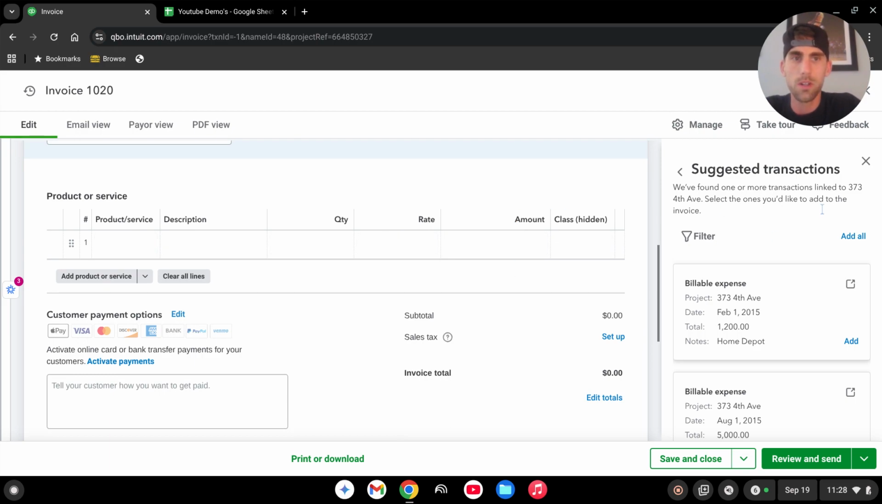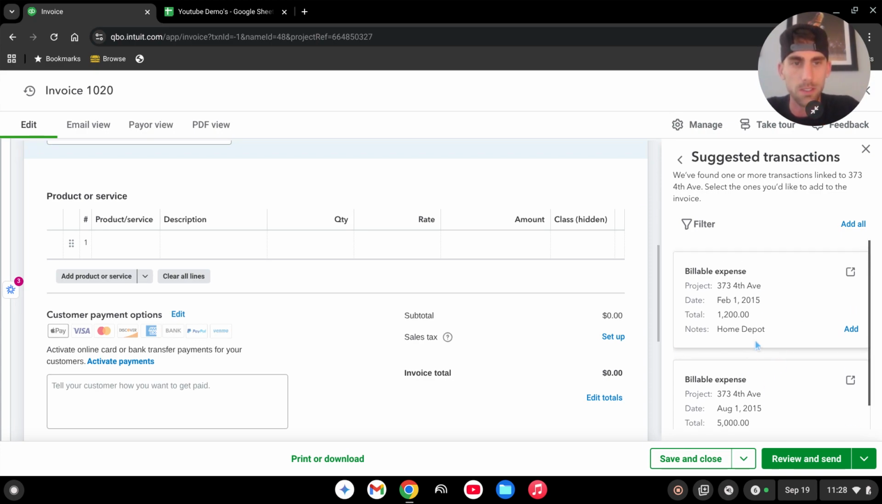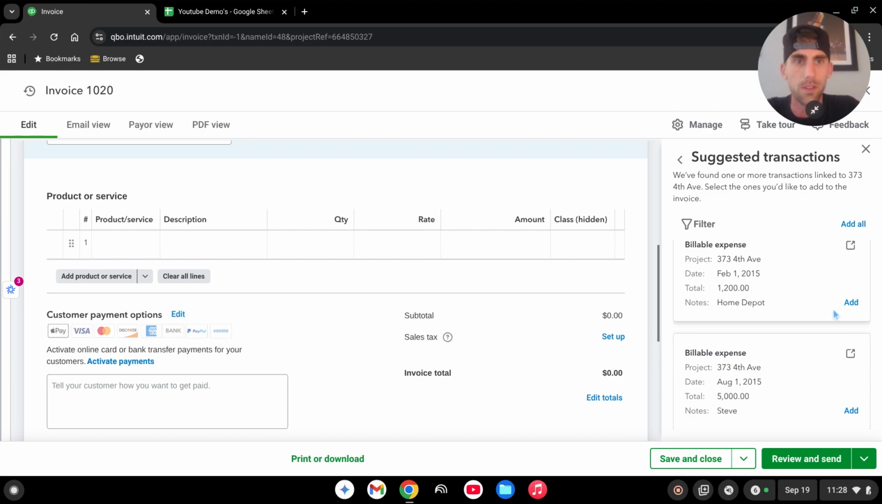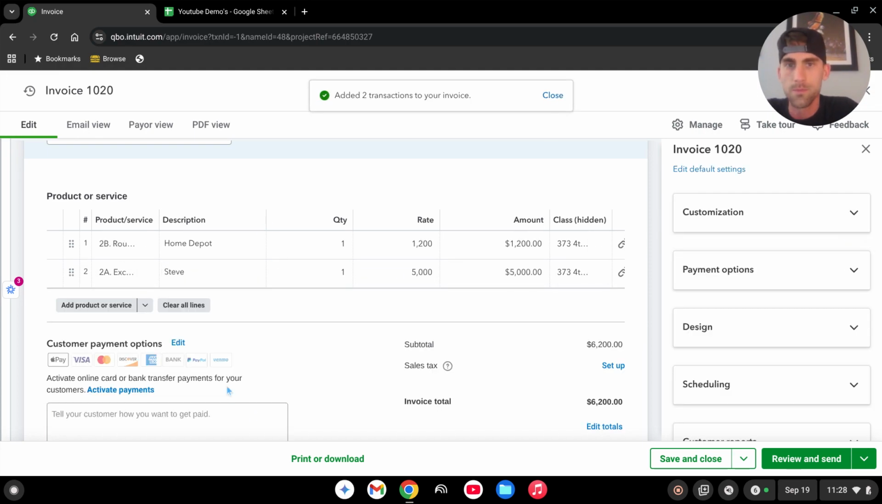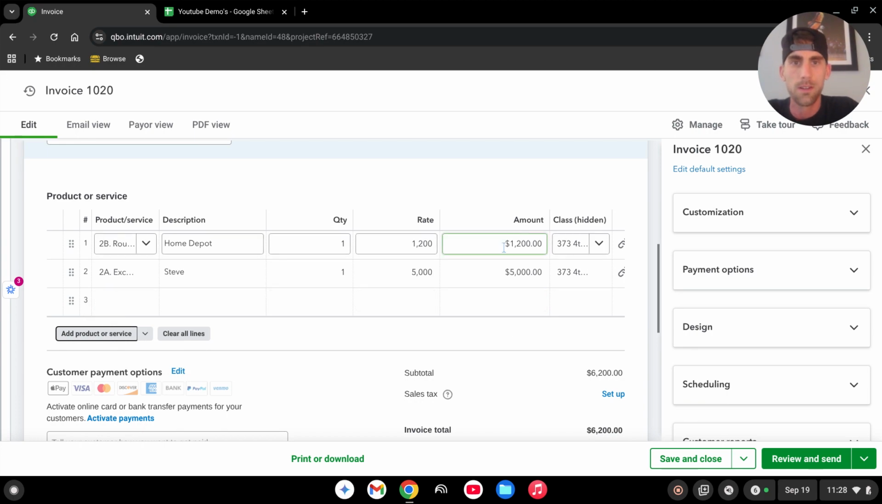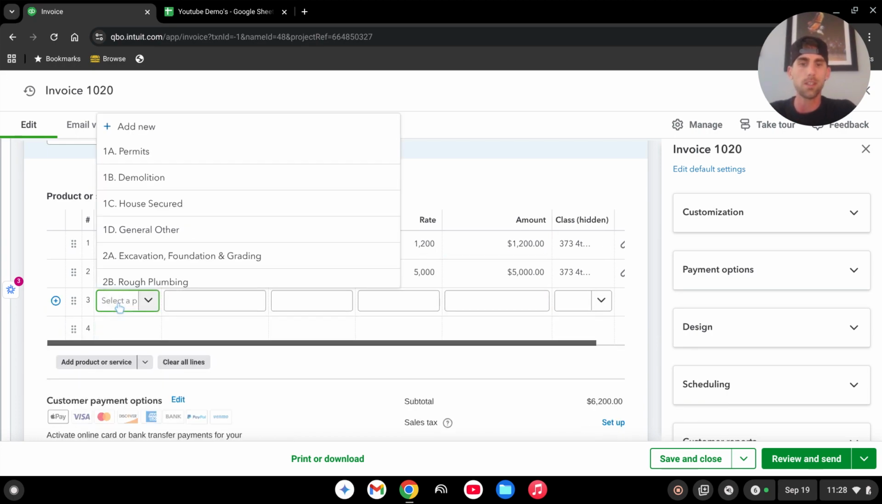And now on this side here, this is where all the billable expenses are. So that's why that is important to have when you tag those expenses individually from the bank feed. That billable expense is going to come up here. So let's go ahead and add them all. And now you get to bill your client for those amounts. And let's just say